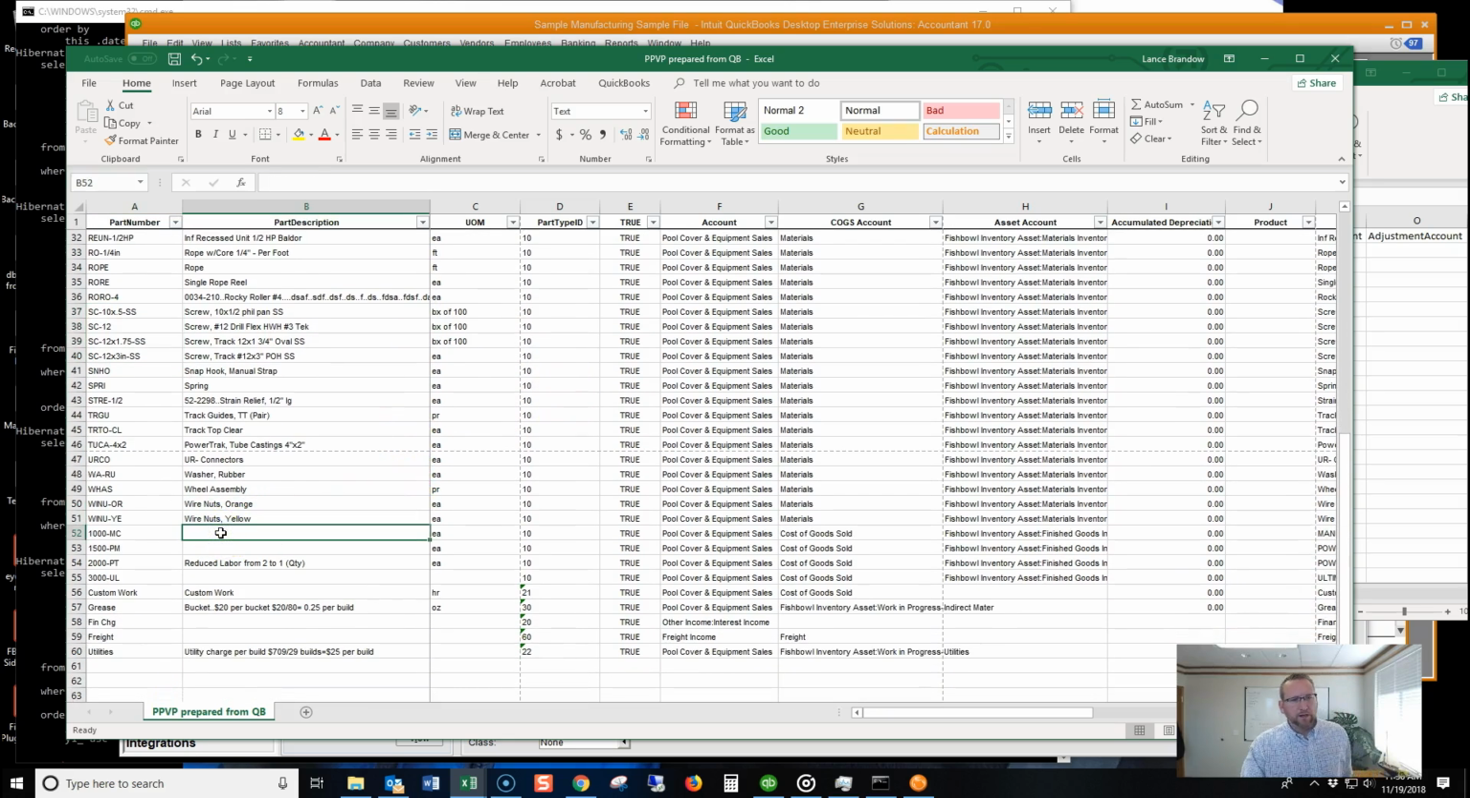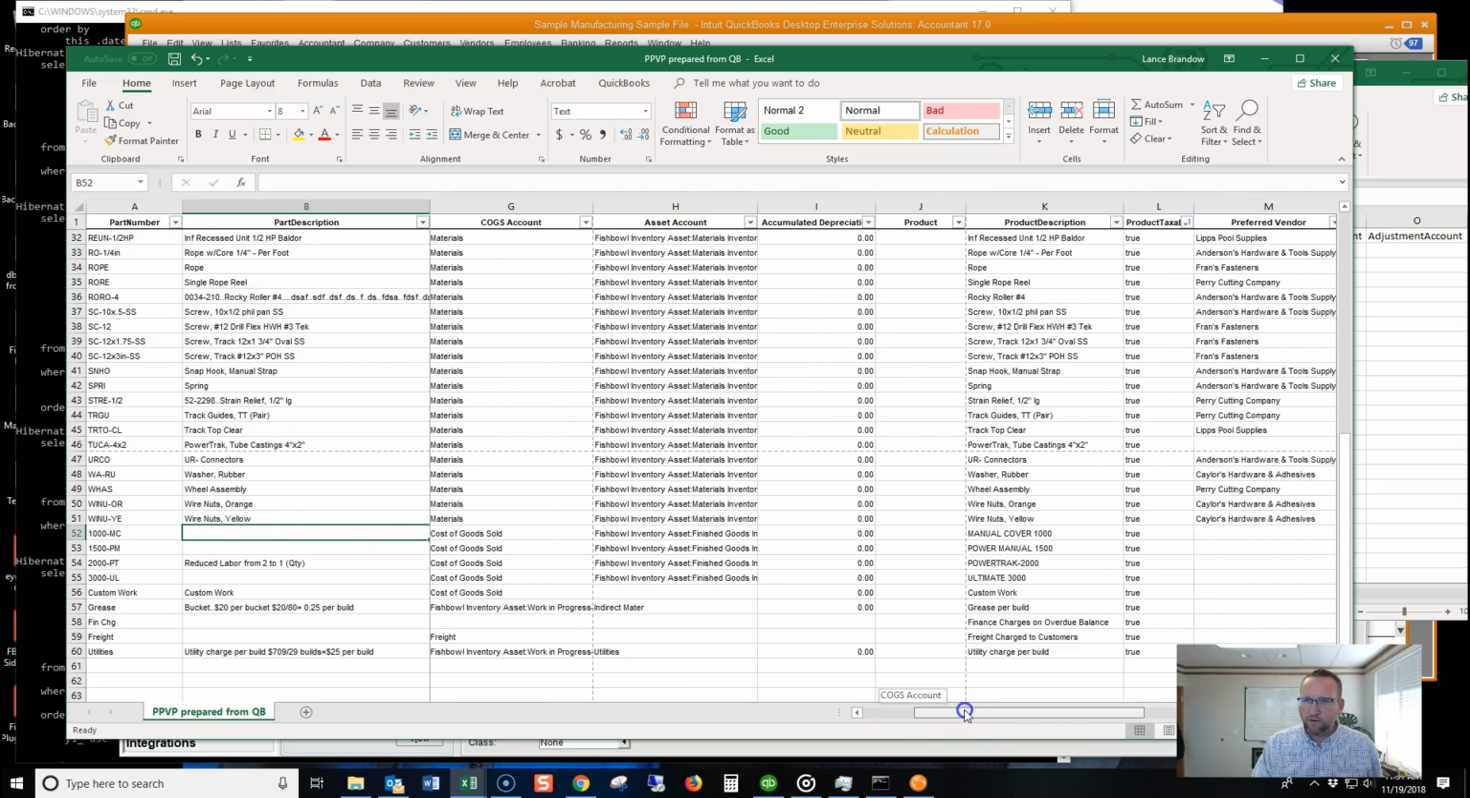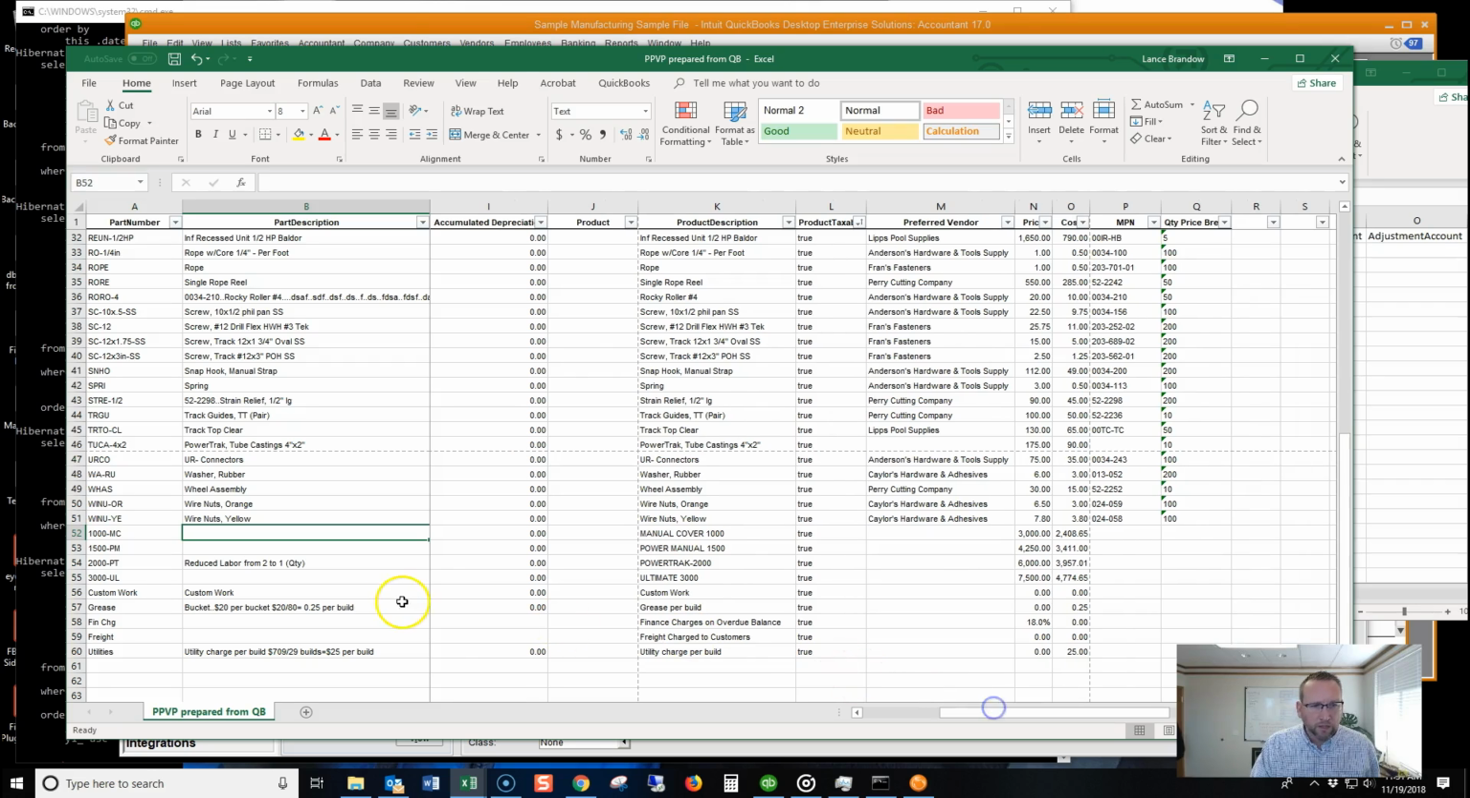Now I don't know what these are. That's unfortunate. They don't have a description. Let's see if they have a description over here. Alright. Have it under the product description. Manual cover, power manual, vendor part, preferred vendor. Now these don't have a vendor, so I think what I did is